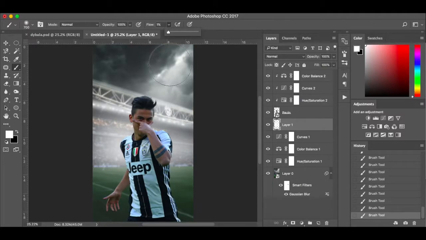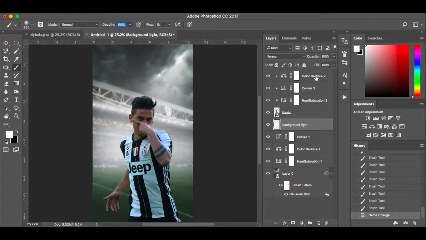And if I want to drop it down to 1%, I'm just going to paint over the clouds a little bit, and maybe a little bit on the grass, not too much. And just a little bit more on the lights. So it's looking good already, so I'm just going to name this layer as well: Background light or artificial light. Okay, cool. So now we've just got that initial